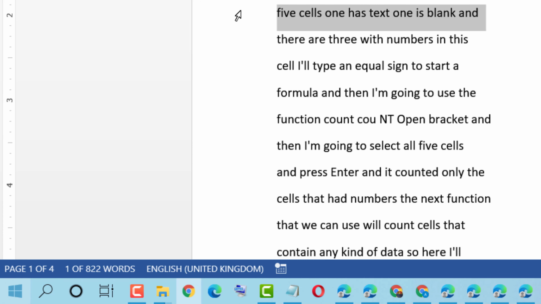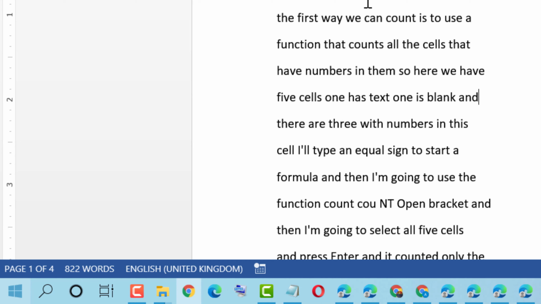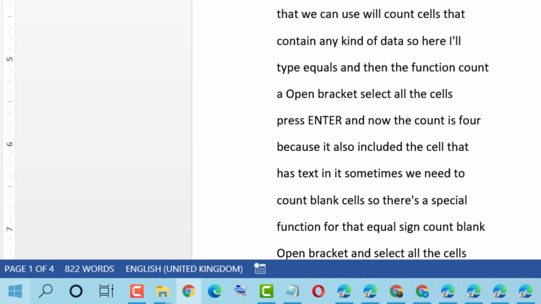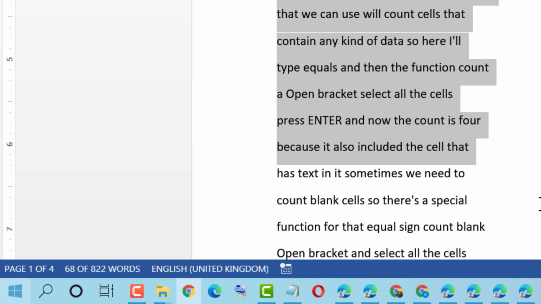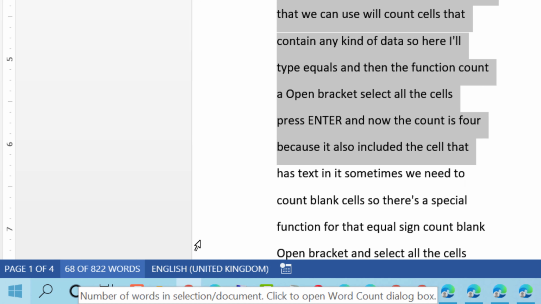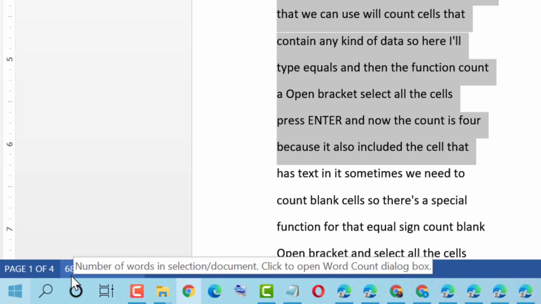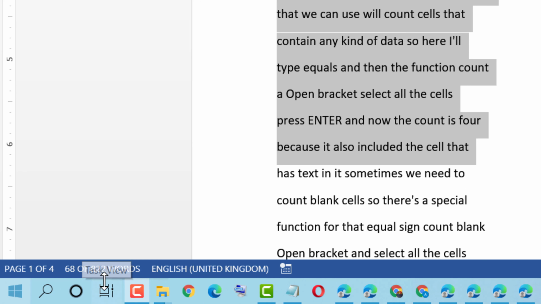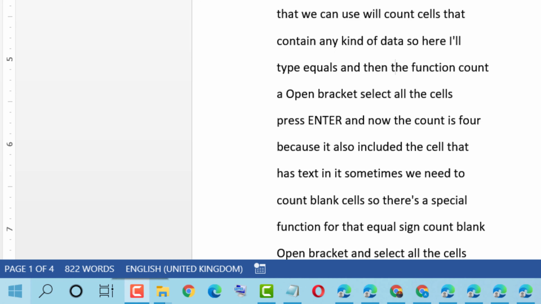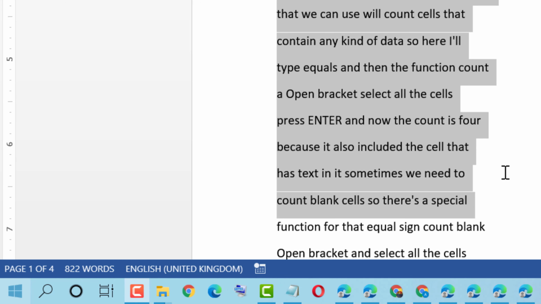and if you want to count any particular area of this Word document, you just need to select it. As we can see, the selected word count is 68 out of 822. So just select it if you want to count any particular area,